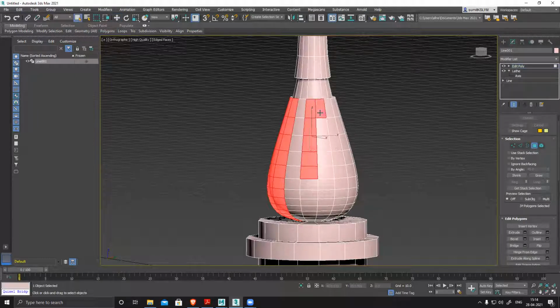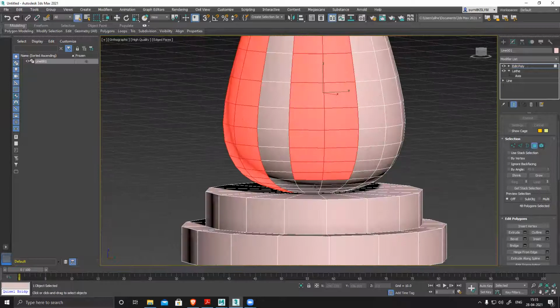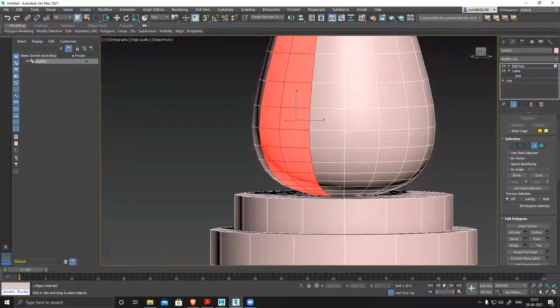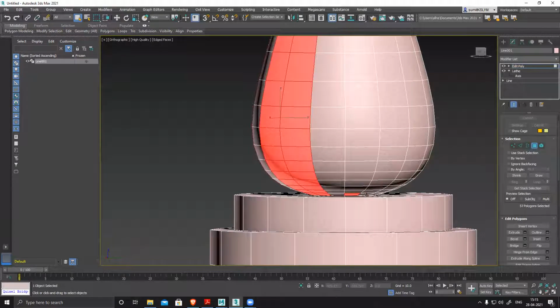So we can hide the gizmo. G to get rid of the grid.